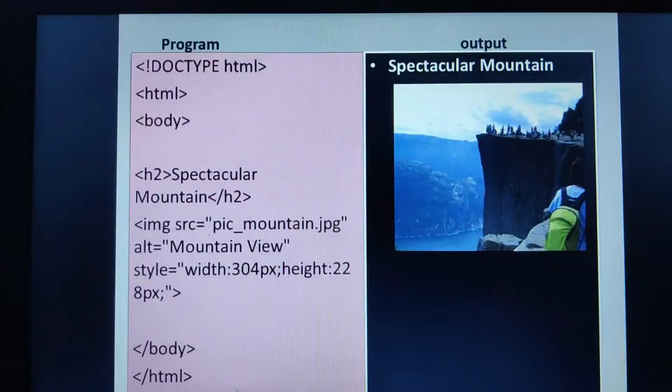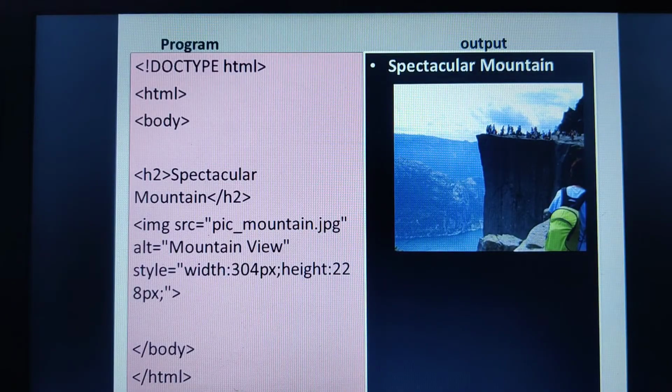So this program had asked you to try it. I have this particular image, and that is the reason I was able to display it. If you have any other image, you can give the path here, and then you can even specify the width. Now see, the width and height is very small here, but in the previous program we have seen the execution, where I didn't specify any width or height. That is the reason I got a very big, huge image on my web page. You can specify and reduce the size of that particular image also, right?